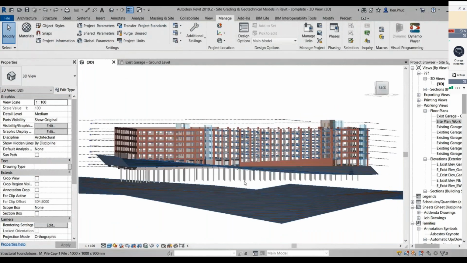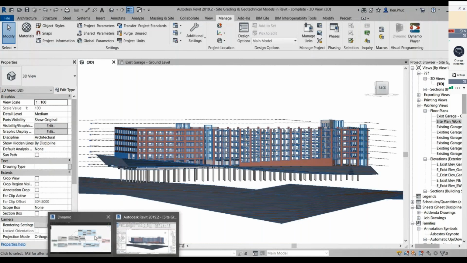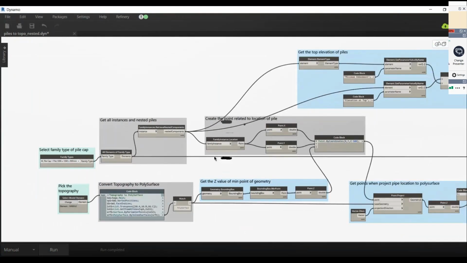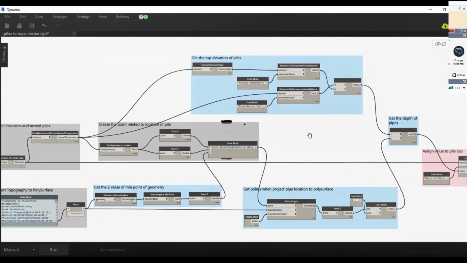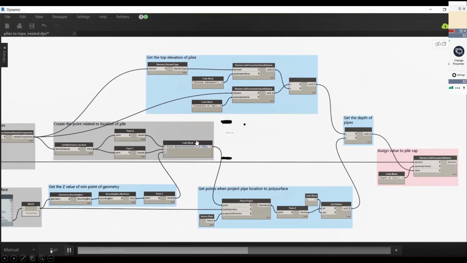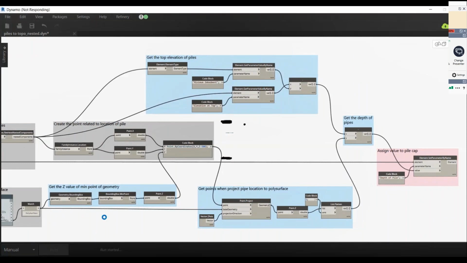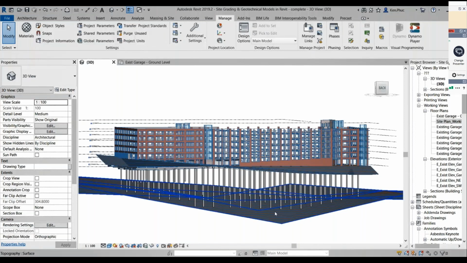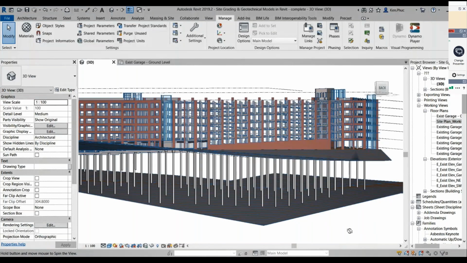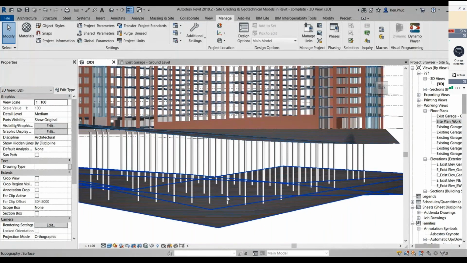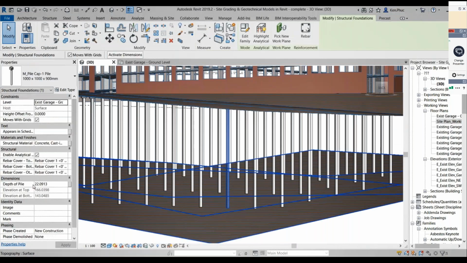Now it is because these piles are parametric that we are able to leverage Dynamo to calculate the values for those parameters based on, again, the formulas and the methodology that we define. So again, it's a quick script where all we are trying to do is, I have a surface at the bottom, and I'm just trying to project my pile to that particular surface. And here, if you see, each and every pile has a different depth depending on the terrain and the topography. And that value I can easily determine by the depth parameter.